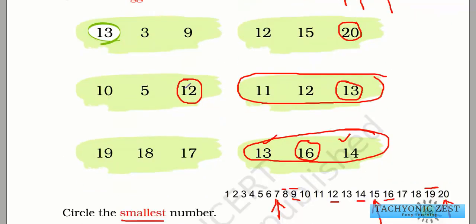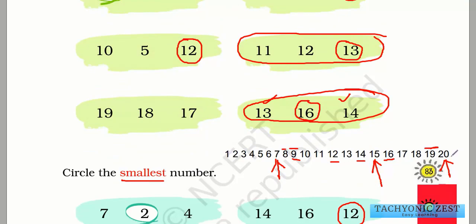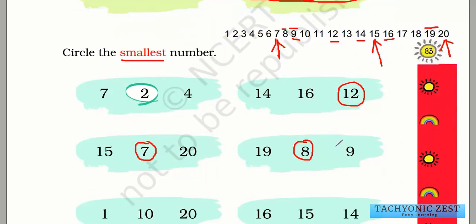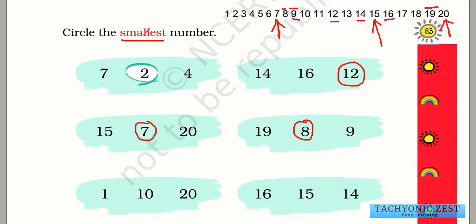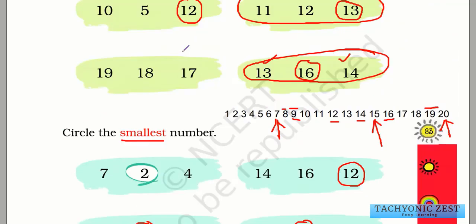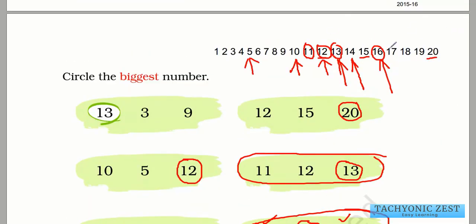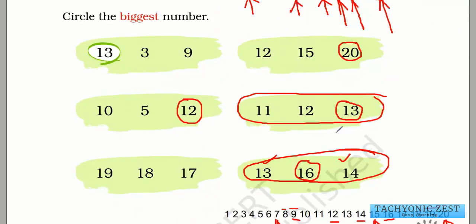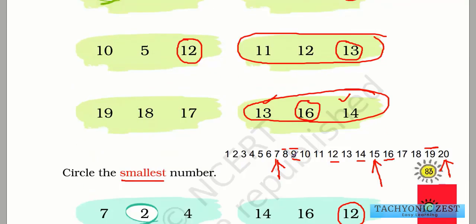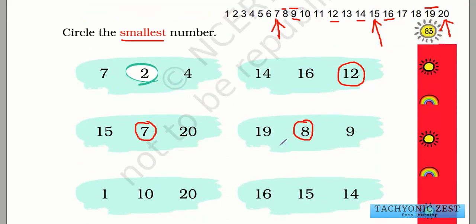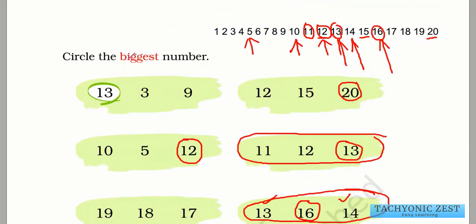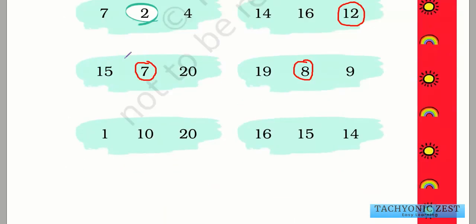And I hope in the exam, if they ask you to find the smallest number or the biggest number, please write all the numbers from 1 to 20 first, and then check yourself which number comes first if it is asking for the smallest number, and which number comes at the last if it is asking for the biggest number. Or you can do the hand counting technique, or you can write these numbers and count from 1 to 20 and see which number is coming first, that number is the smallest number, and which number is coming last, that number is the biggest number. Okay, I hope you all understood this topic.